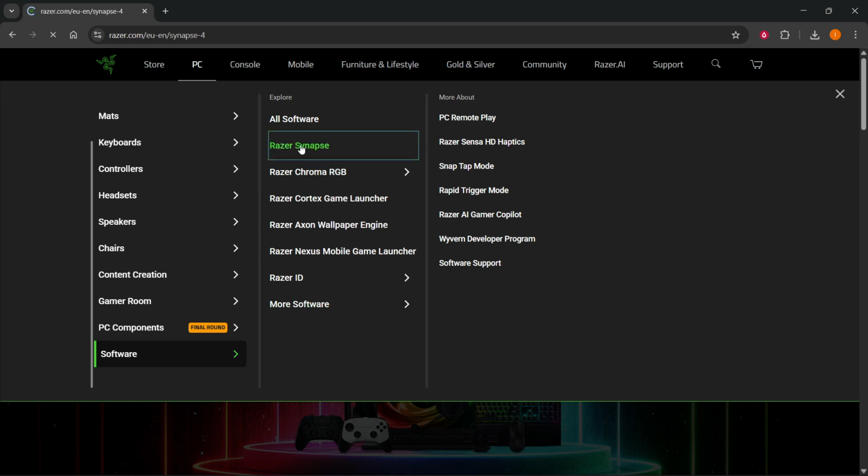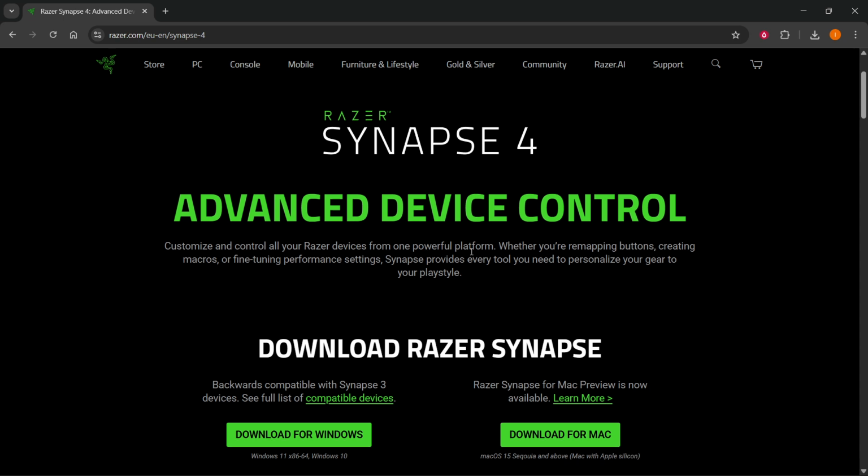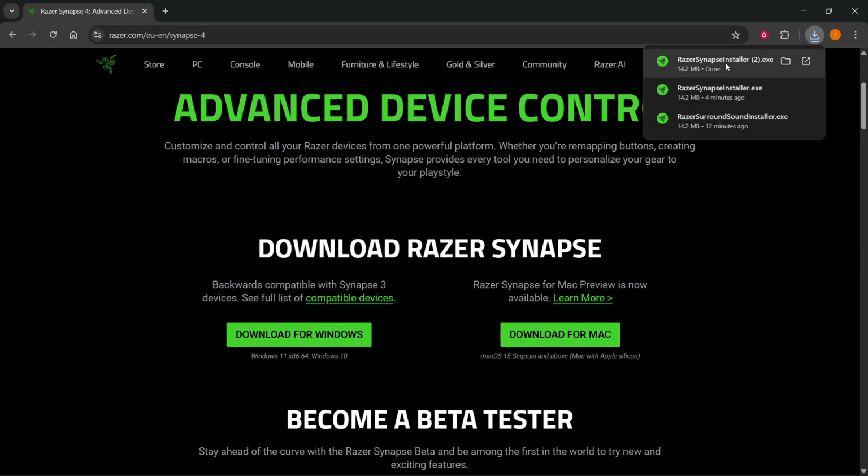Now, when you click on this, it's going to take you into their site over here. It says Advanced Device Control, and as you can see, it says this is going to allow you to customize and control all your Razer devices from one powerful platform. So, of course, if you want to use this for your Razer mouse, whichever mouse you have, just click on download for Windows or for Mac over here, and then you can of course just click on the installer to